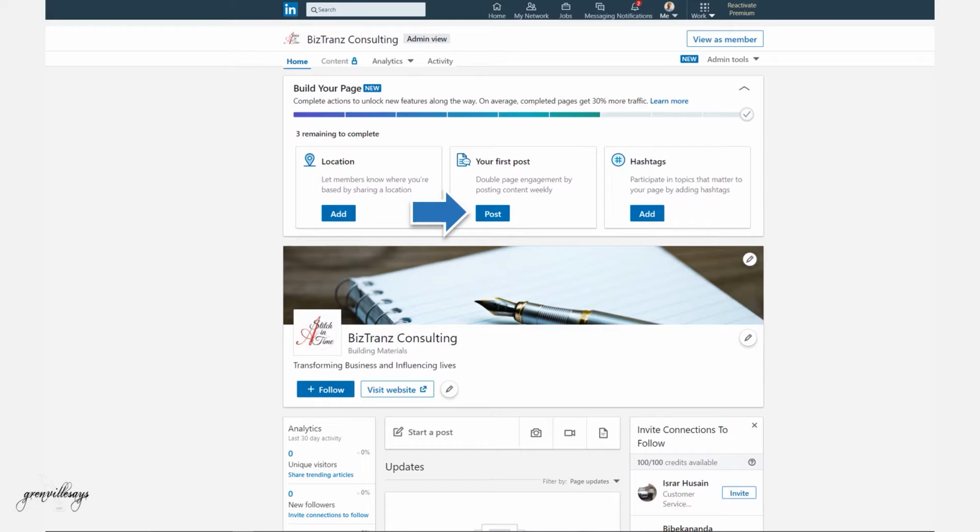I would suggest to have an engaging post to send out to all your connections who will be visiting your page for the first time. And something I strongly recommend, hashtags which identify what you're into and also help the search engine find your page and project it to prospective businesses and also to customers.